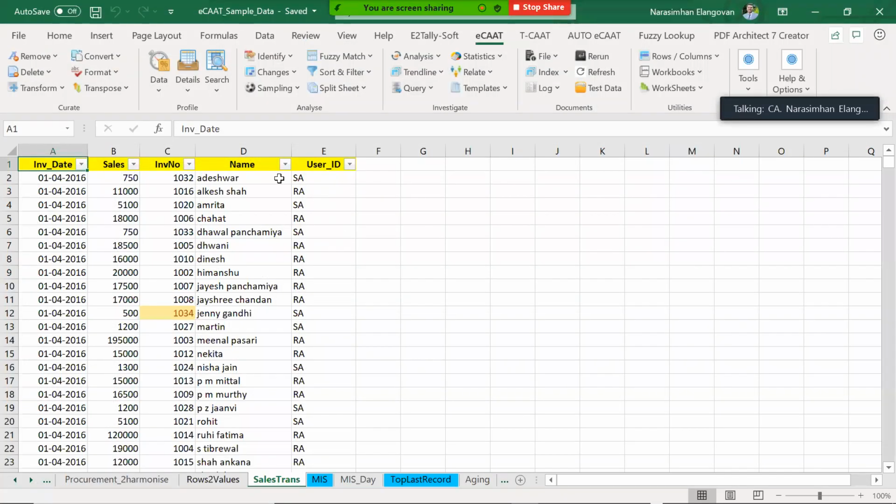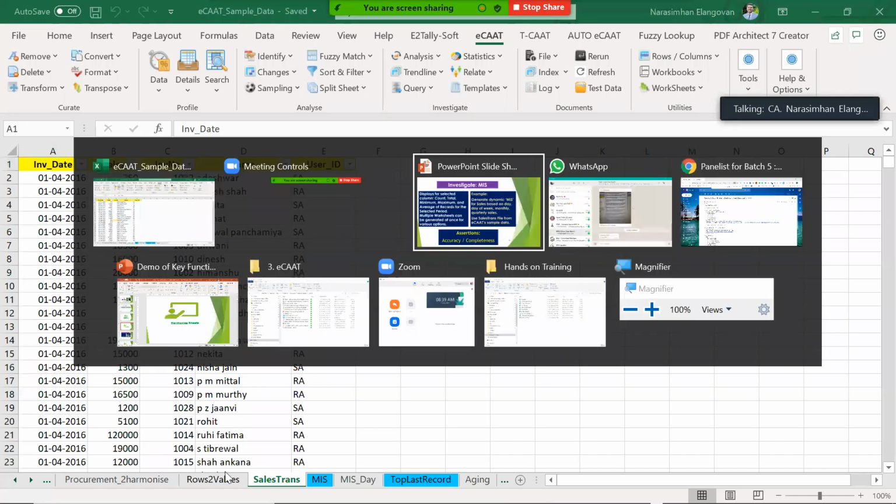See, the question is, what is it that you intend to do with the data? Even after the session is over, I can explain hundreds of things and say, it is like this, it is like that. But what can I do with this? That is what we have to look at.